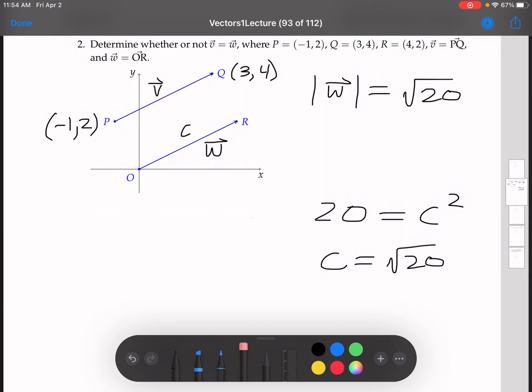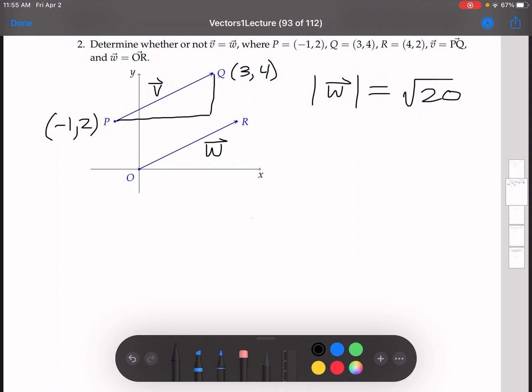All right, now let's do the same thing for vector v. We can make another right triangle right here. Call this A, call this B. I want to emphasize that this is not C. C is a length, V is a vector. A vector is two things. A vector is a length and a direction. So when I make this into a triangle here, I can say that length is c,